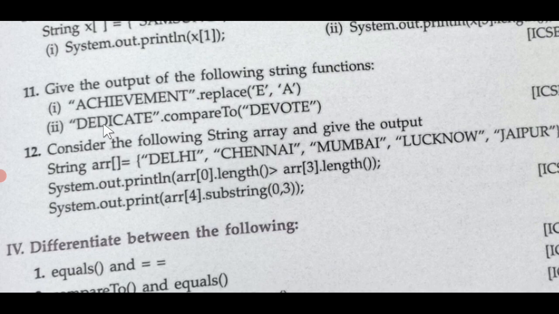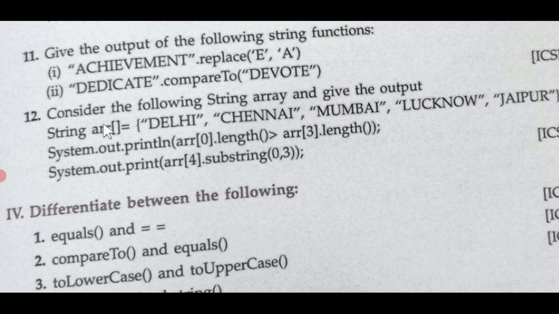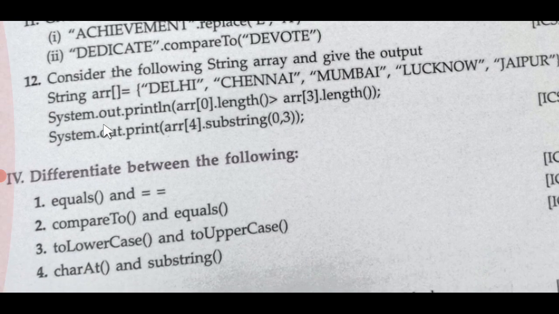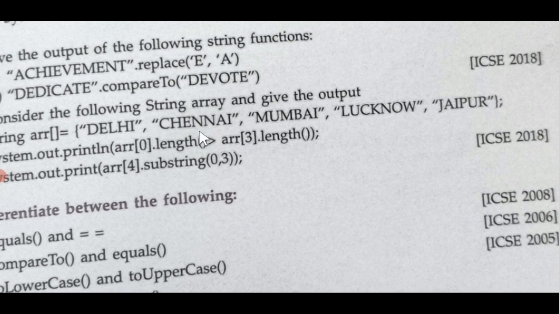Okay, now we subtract. 68 will be the smaller one, so here the difference will be of 18. All right, so it will be minus 18. Okay, minus 18 will be there, right? Because the first string is smaller than the next one, so minus 18 will be there. ASCII value difference will be taken. After that, we have considered the following string